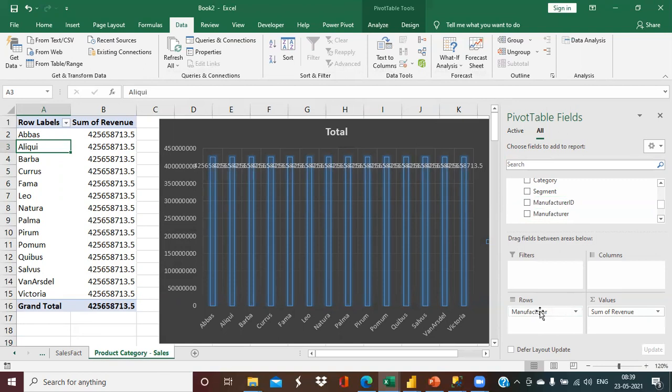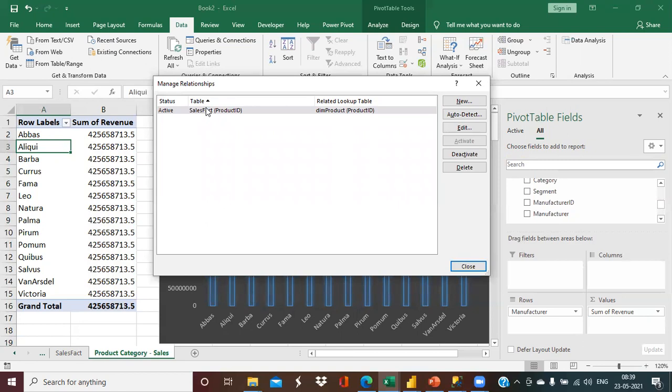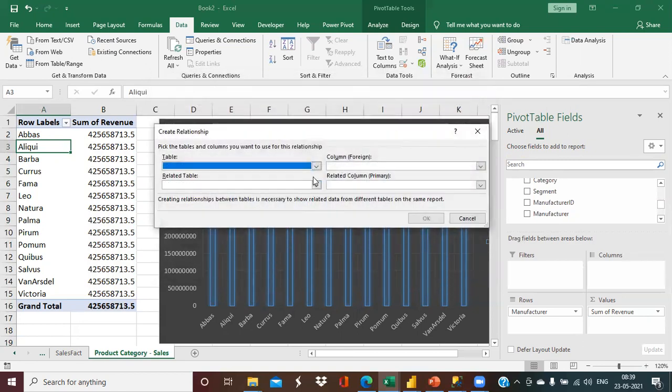So let's create a new relationship between the manufacturer table and the product table.